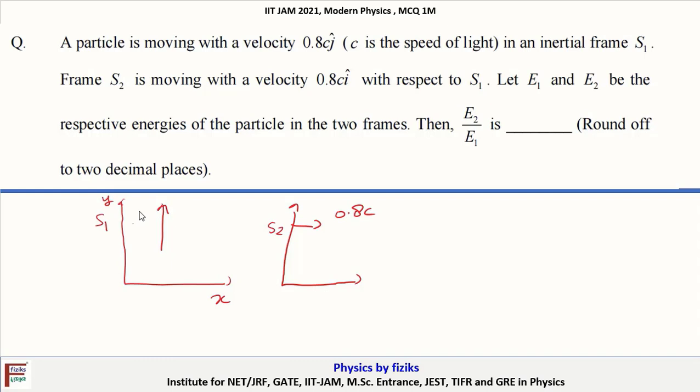Now the question is asking: let E1, E2 be the energies of the particle. That particle is having E1 energy in frame S1 and E2 energy in frame S2. Now we have to determine the ratio E2 by E1. So in frame S1, the energy of the particle is given by